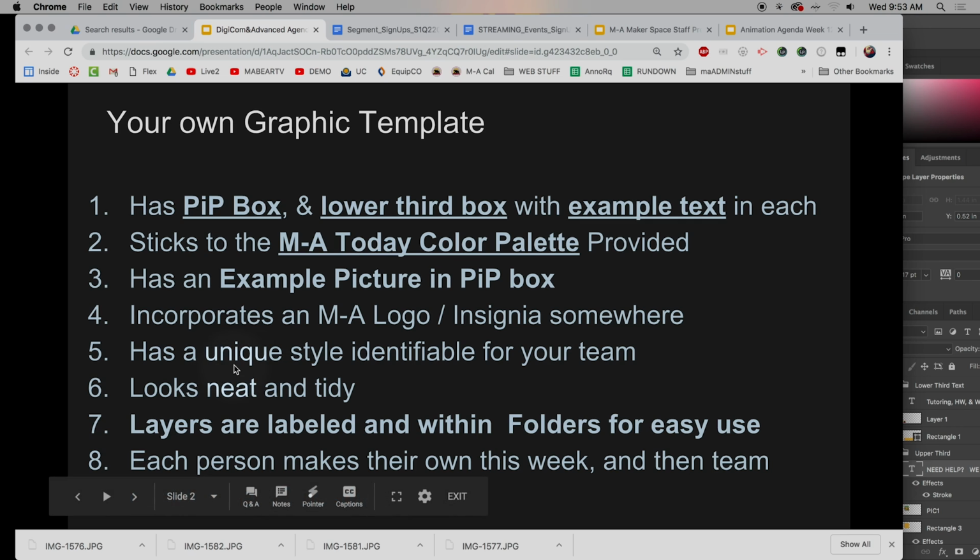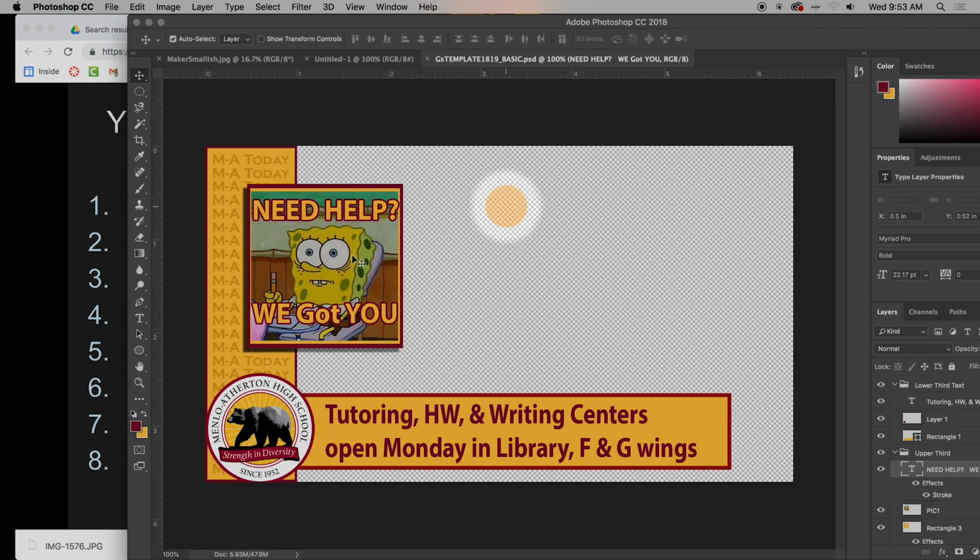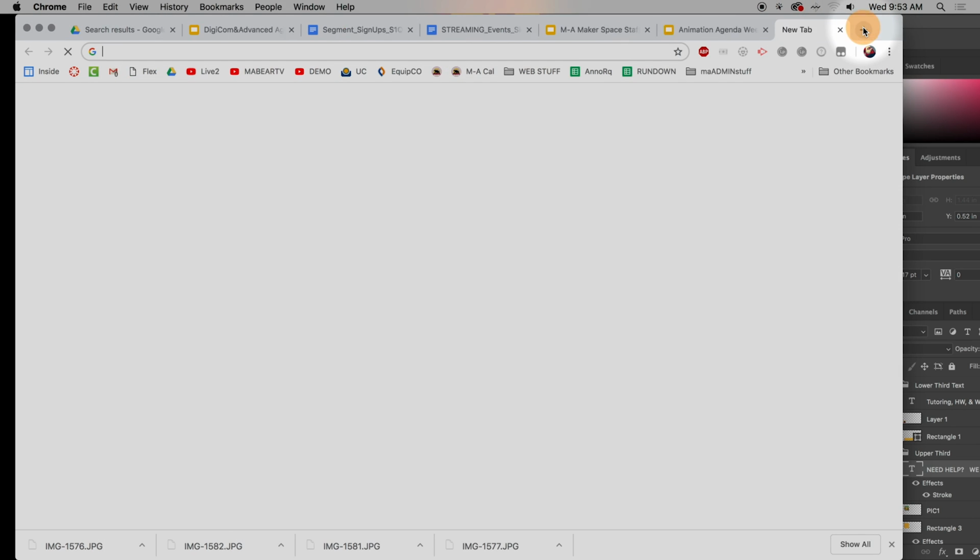Definitely have a unique style about your template. Play with something. You don't have to have a bar like this. You could just have a floating picture. If you look at examples, right? Like if you look at